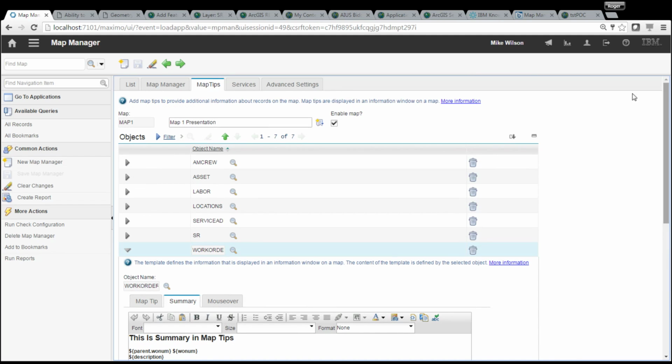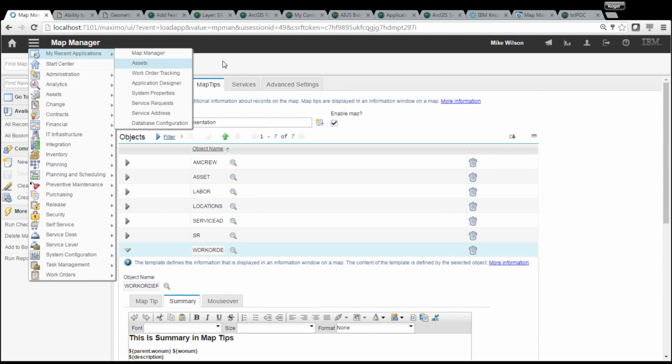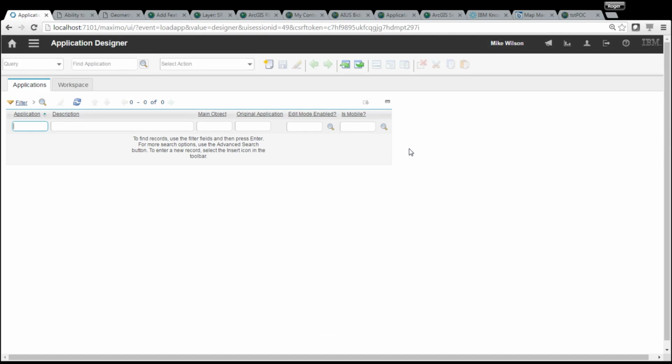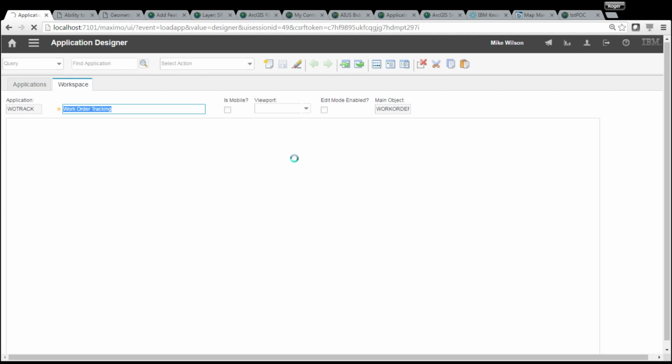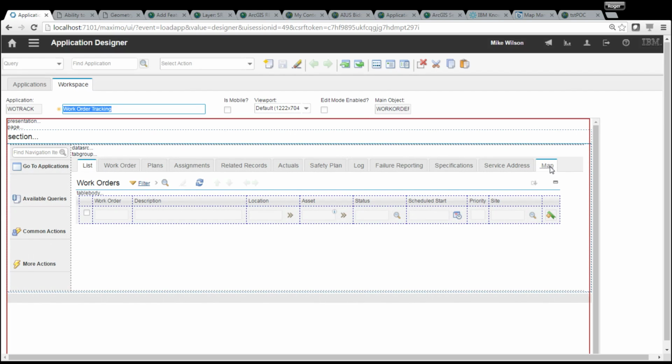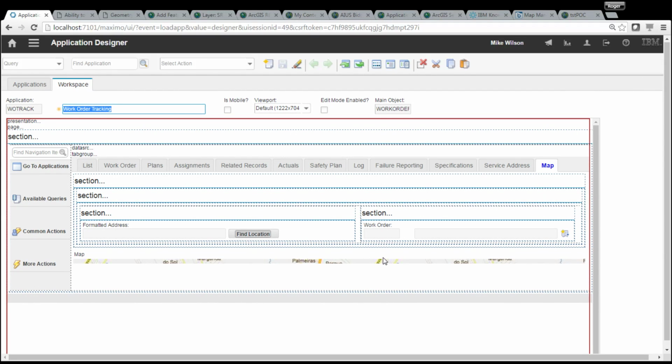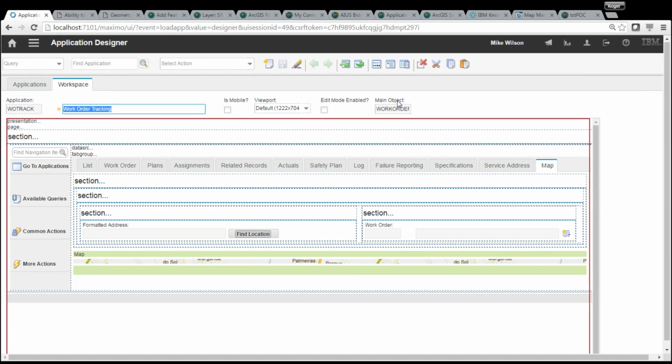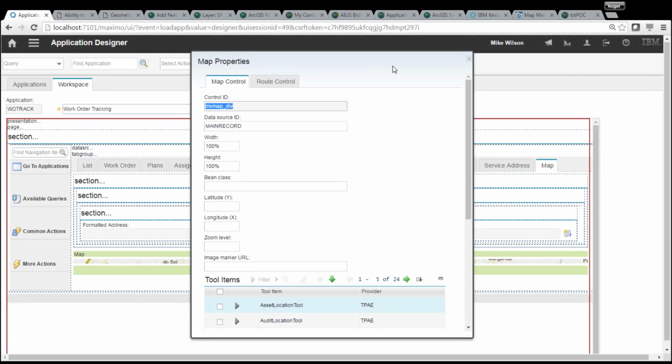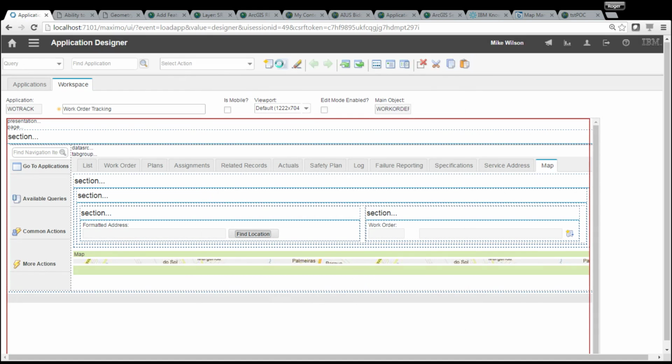What it tells you to do is go to the application designer, look under work order, Map tab, select the map controller here, get the map properties. On the data source ID, we'll enter results show list. Exit out of here, save,